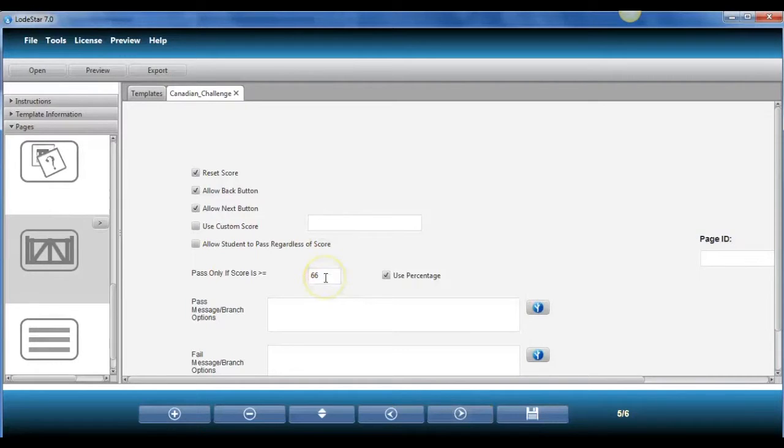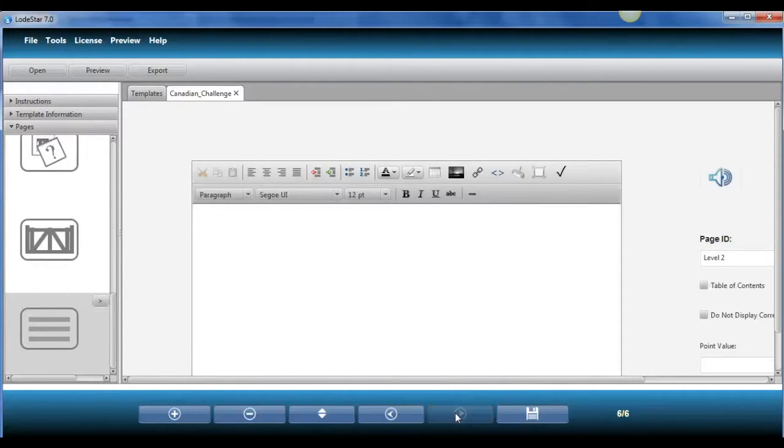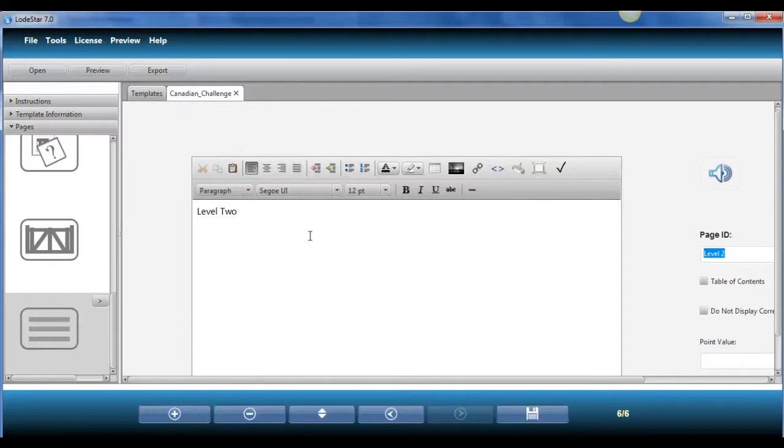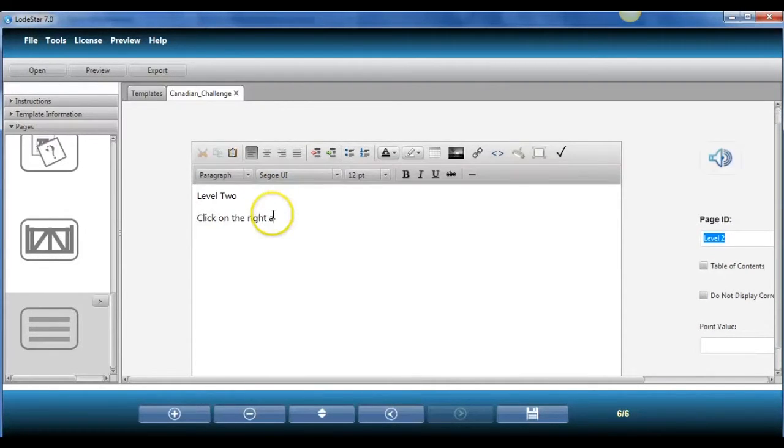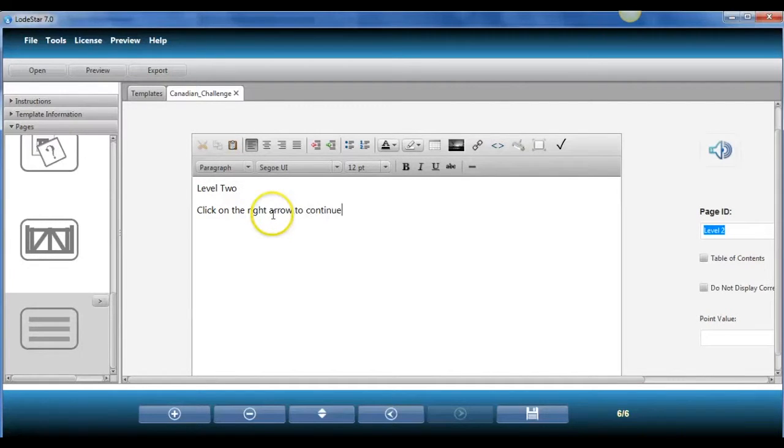And we said if the student answered 2 out of 3 correct, or 66%, then they proceeded on to level 2. We identified this page as level 2 in the page ID, but never put any content. So we'll go ahead and do that now. So level 2, click on the right arrow to continue,